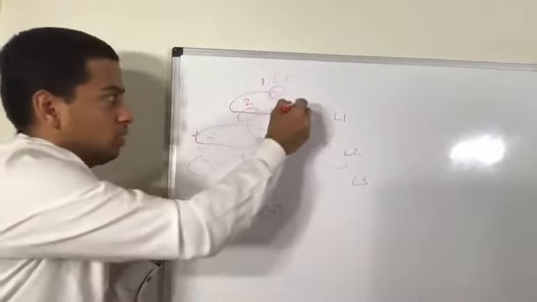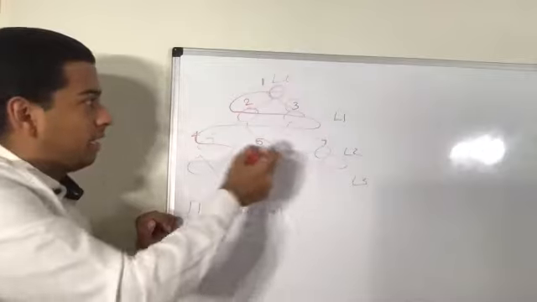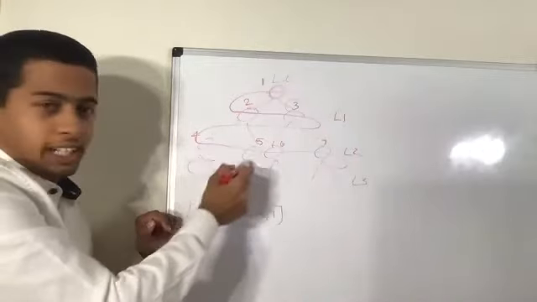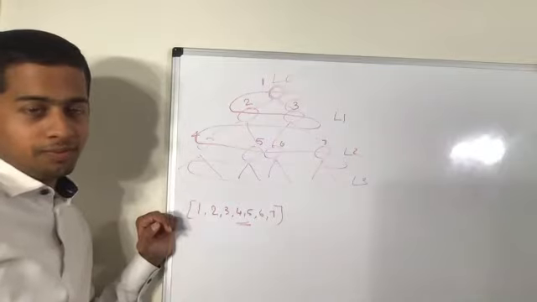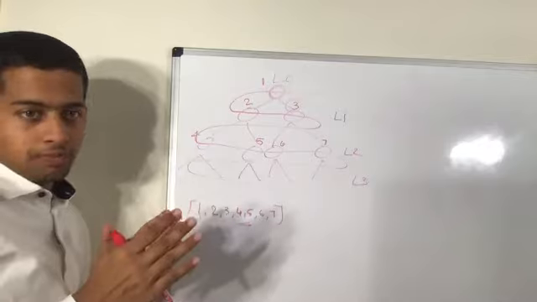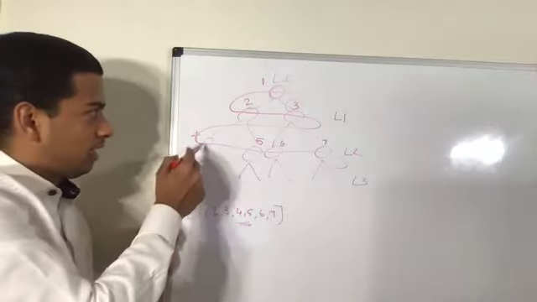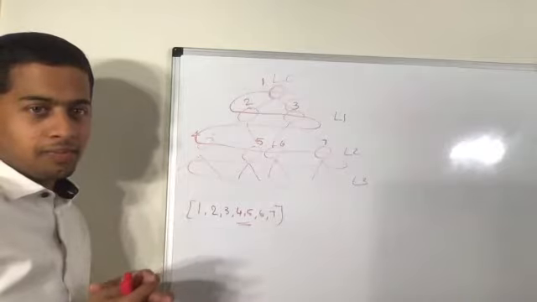Once I have gone to this root, I can only access these two. Similarly, once I have come to this node, I cannot access the previous parent. It's a different parent, a sibling parent. Correct? It does not have any link to access that. So how are we going to solve it?